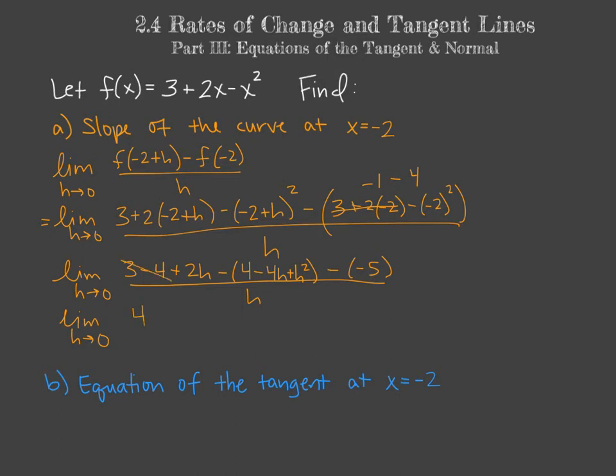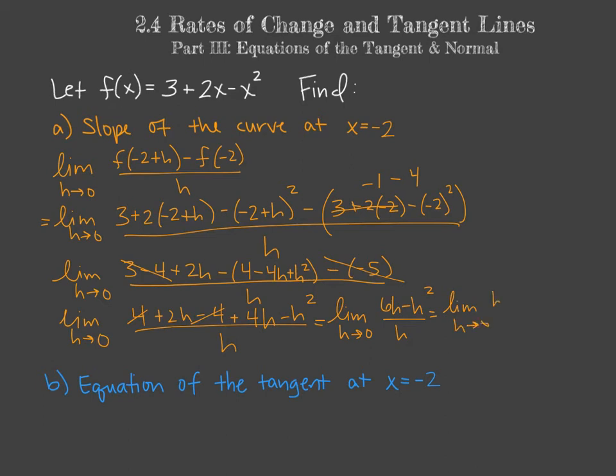So it was this and this. Then I will put the plus 2h and distribute the minus sign through. So minus 4 plus 4h minus h squared all over h. The 4 minus 4 cancel, and we're left with the limit as h goes to 0 of 6h minus h squared all over h. If we directly substitute, we'll still have the indeterminate form 0 over 0 at this point,